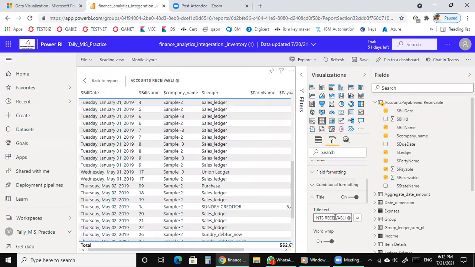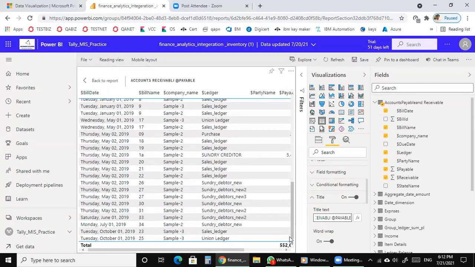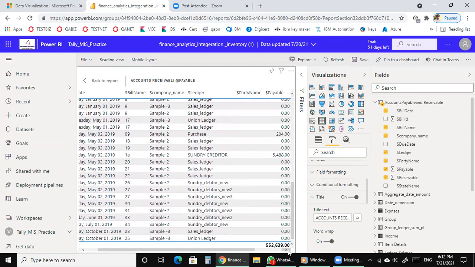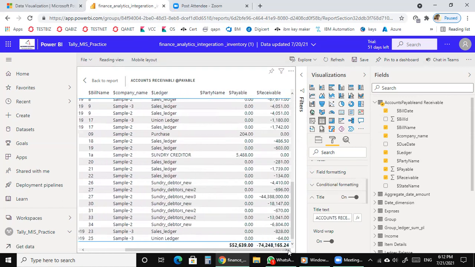And payable. This is my accounts receivable and payable details, sir. As we are going down, we can see the party name and the payable and receivable amounts, everything is there. And next I'm going to show you